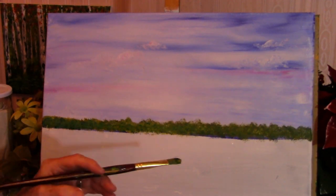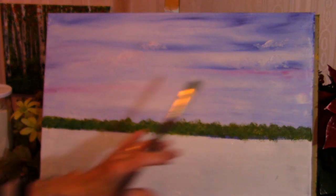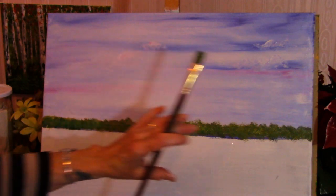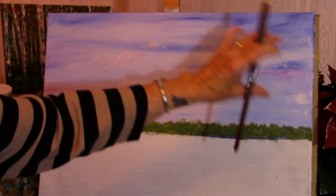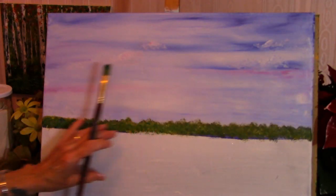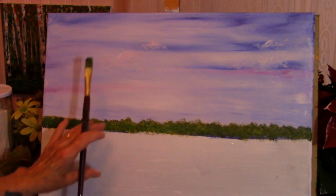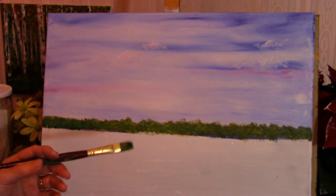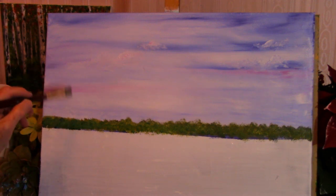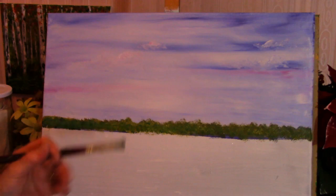People ask me about blocking in and underpainting. Well, right now I'm just blocking in things, right? I'm blocking in, that's the grass there. And I'm going to block in the trees. Underpainting is basically the same thing. That's an underpainting for my grass. So basically underpainting and blocking in. Blocking in is more like getting your shapes also with your colors, right? Getting your base colors with your shapes. But